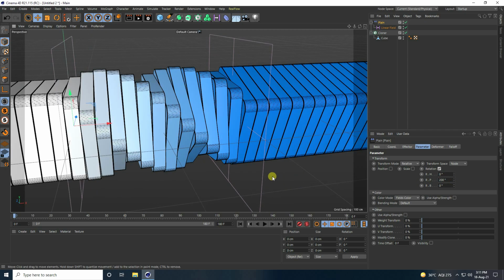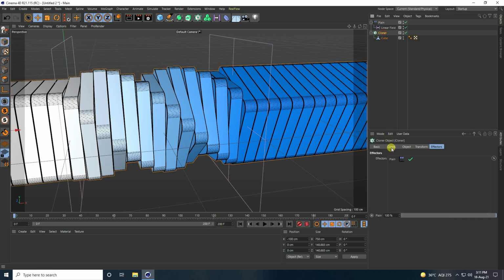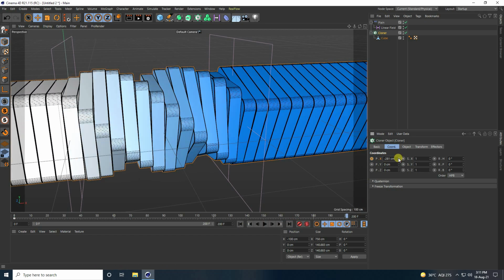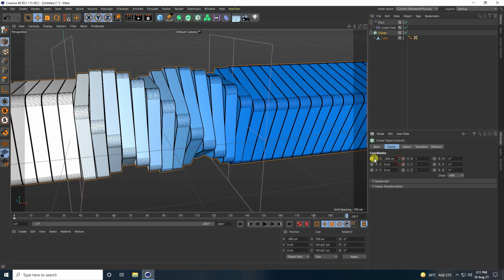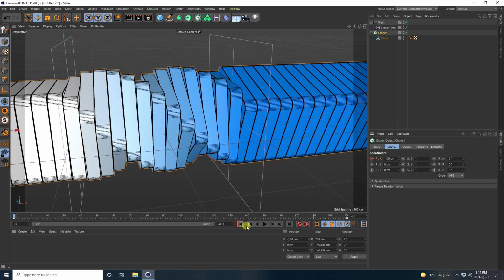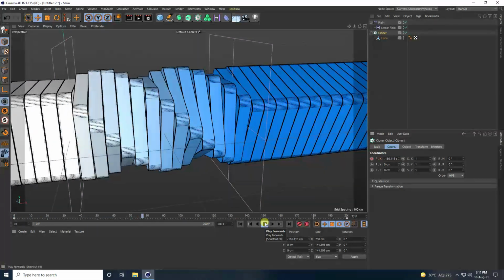And now I create the looping animation. So guys, frame I like 200 is good, and go to here, that's my Cloner. I create position animation, so position check, yeah, and go to the last one, 200 frames, and guys position change like 300, yeah, and position check. So go back and play, yeah.